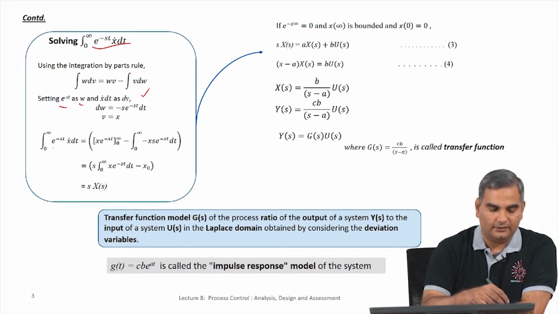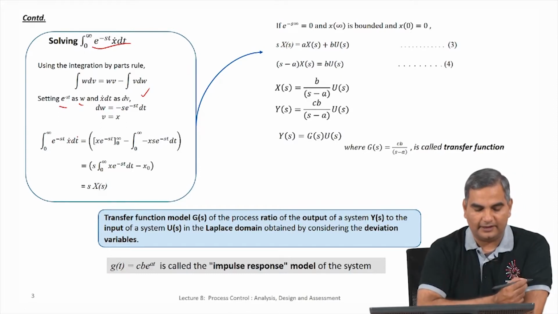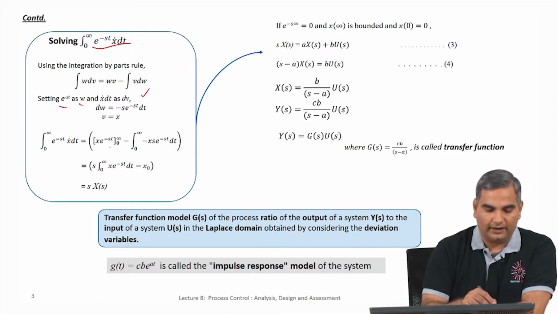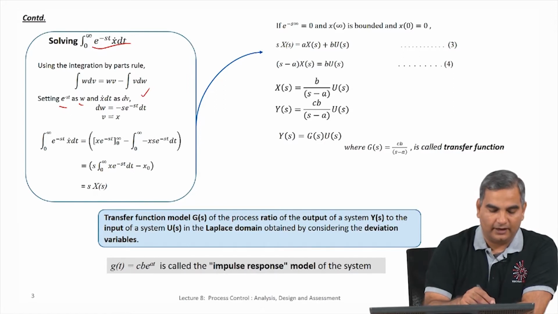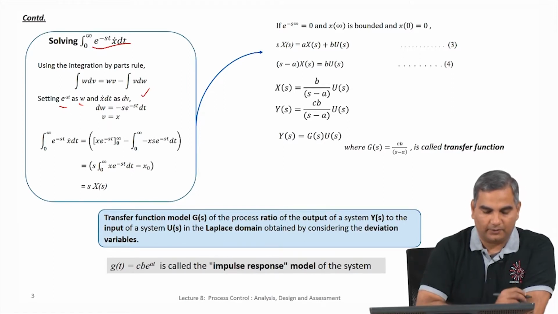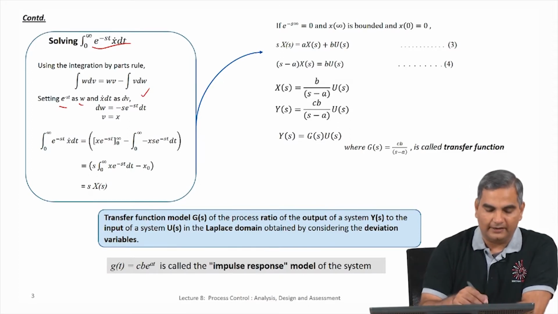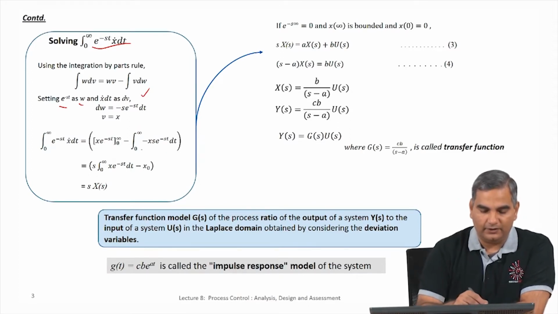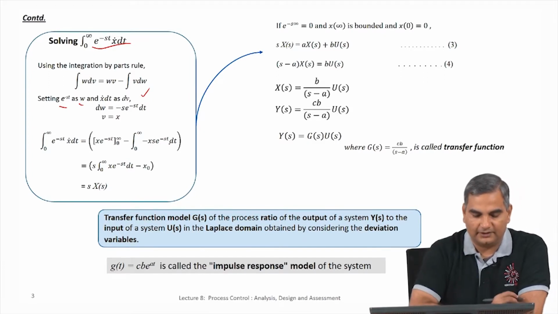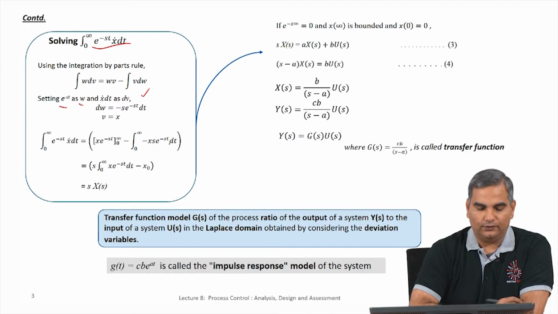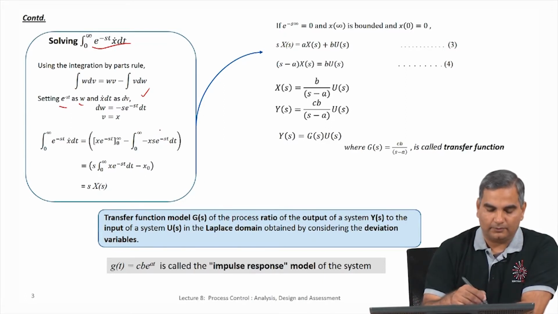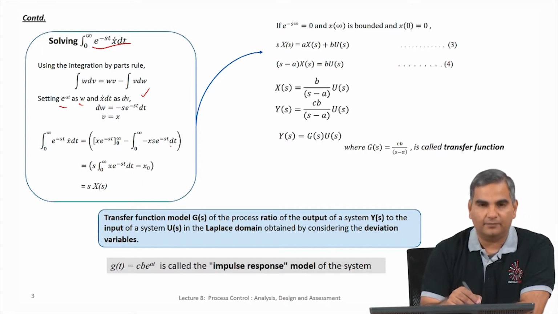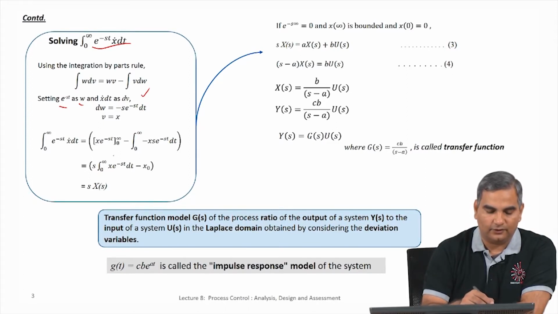So, I can write this integral 0 to infinity e power minus st x dot dt as wv. So, we had w defined as e power minus st, and after integration we got v as x. So, x e power minus st from 0 to infinity minus integral 0 to infinity v dw, v is x, dw is minus s e power minus st dt. So, we have got this here. Now, if you look at this term, there is a minus minus, so it becomes a plus. So, I have integral 0 to infinity x s e power minus st dt. Since the integration is with respect to dt, I can bring the s out. So, I have s integral 0 to infinity x e power minus st dt, and if I come to this term right here,